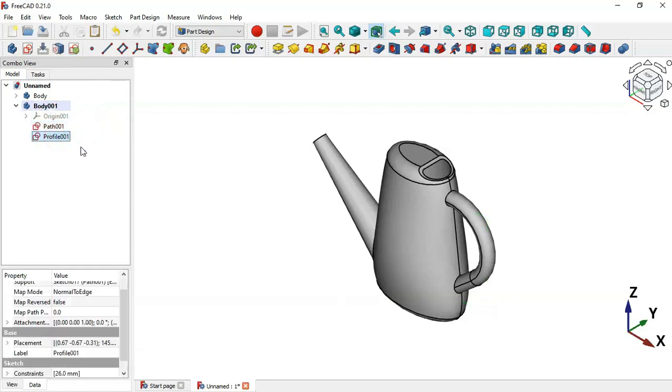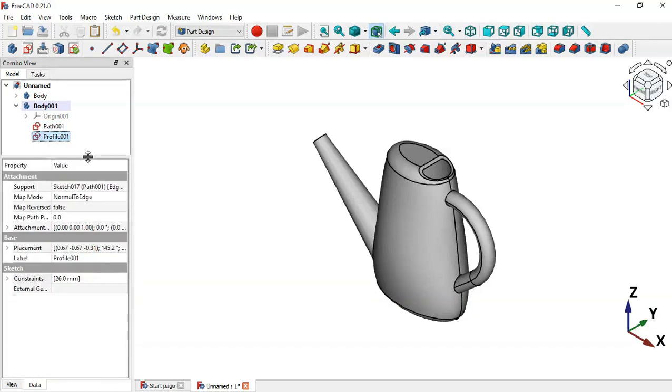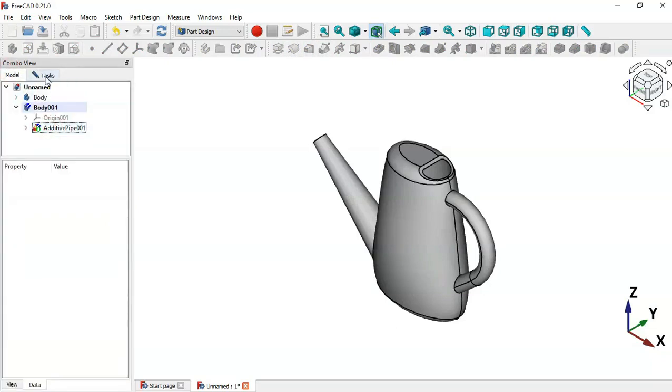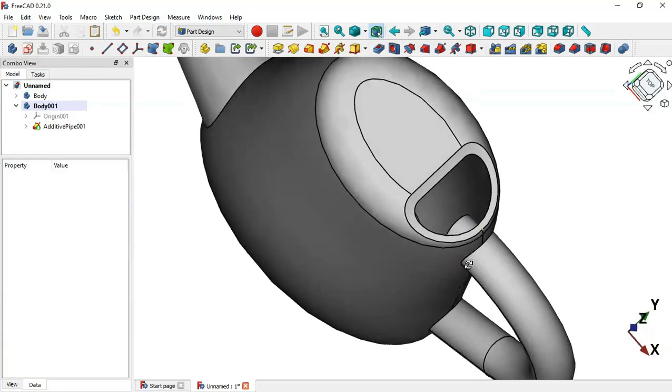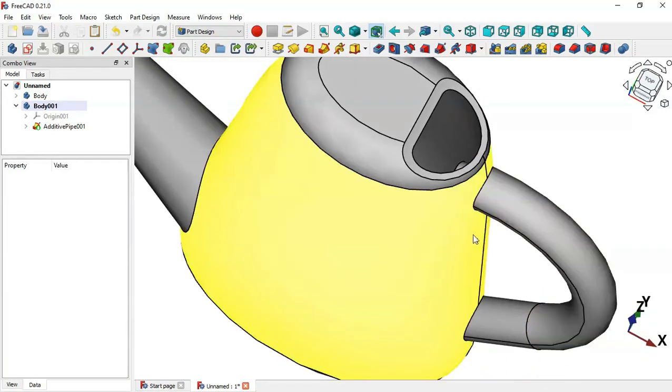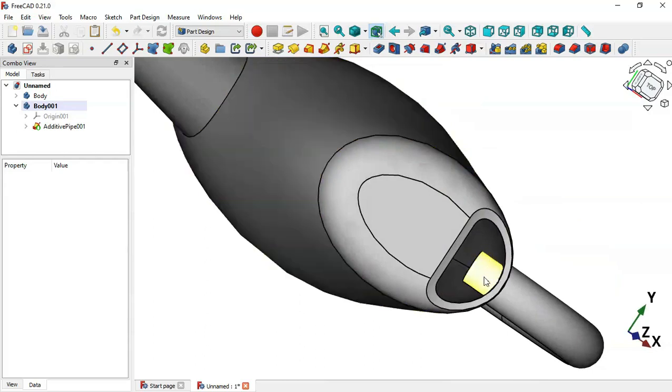And now select the profile and let's change the diameter of the circle here. Let's set 20 here. Okay, and now select the profile sketch again, and now this tool here, additive pipe tool. Clicking this button here, go to model tab and select this pipe sketch and now click OK here. And as you can see here, we have this part here. So now what we'll do in order to create a hole here,